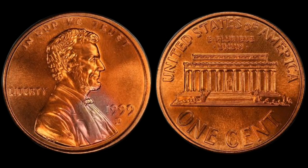And what's so captivating about this story is not just the wild collection of technical mistakes but the reminder that even in the age of modern machines and digital precision, human error, mechanical failure, and random chance still intersect in the coin world to produce miracles hiding in plain sight. And now the 1999 D penny is a legend, a symbol of possibility, a beacon for treasure hunters and collectors alike who believe that the next great coin might still be out there waiting to be found, buried in a roll of unsearched cents, resting at the bottom of an old jar, or passed from hand to hand unnoticed, because if something so extraordinary could slip through the cracks of a high-tech minting facility, it could happen again,